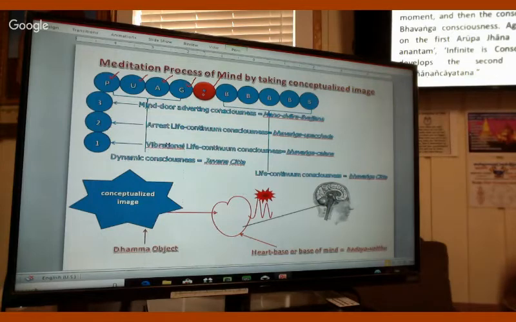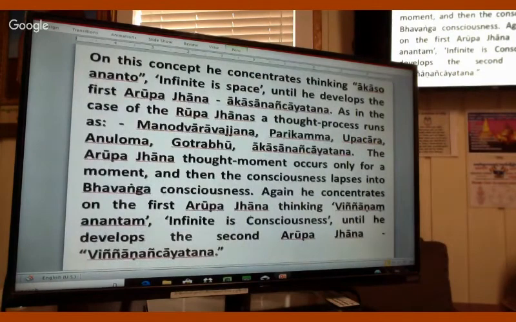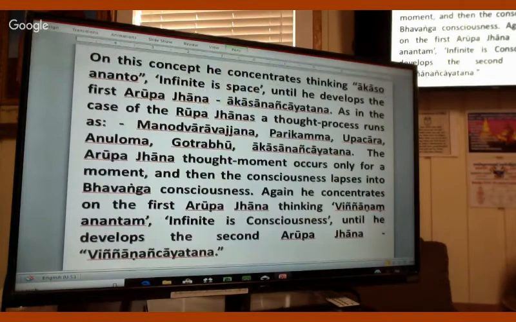Okay. So yeah, that concept: pausing, concentrating, thinking like "Akasa Anando" in his mind, again and again, practice. We showed the previous diagram of the thought process of the mind. So during that stage by stage, at the time, the Akasa Anando is the last stage. The last stage, he practiced that